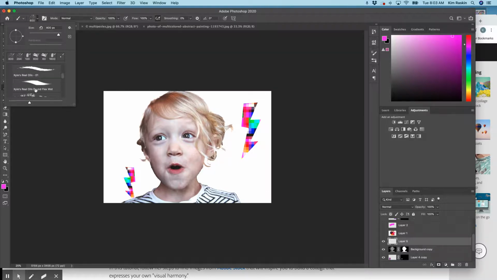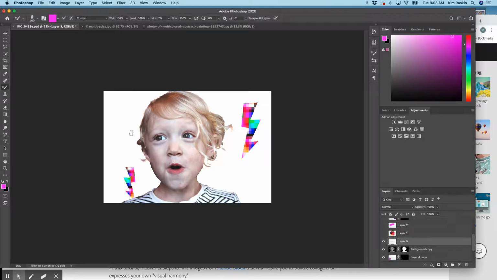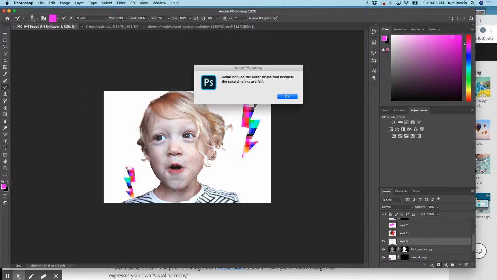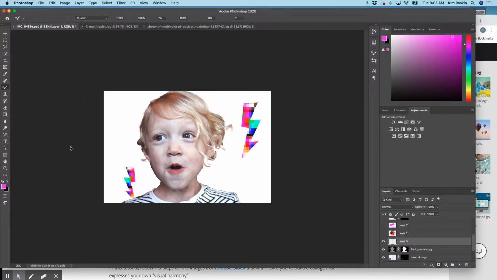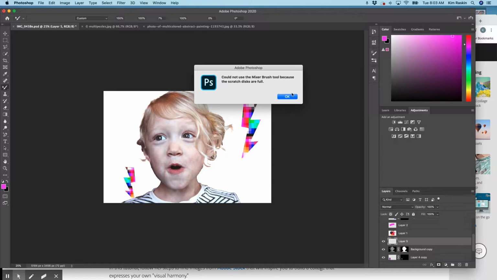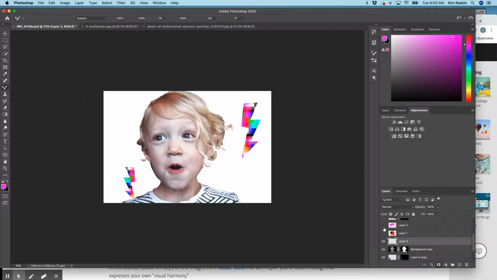was, I believe it was this, the Kyle's Real Oil Round Flex. And I just made this big, and just know that this is going to be a little bit slow if you make it big. And I just created a swipe across. Oh, my scratch discs are full, so it's not going to let me do it because I'm taking up too much space here. But when I swiped